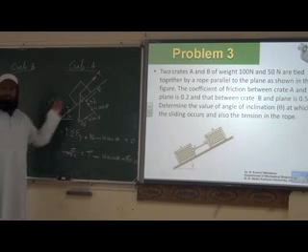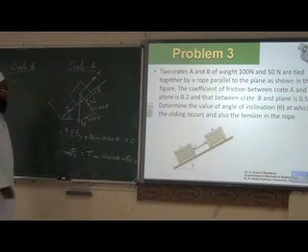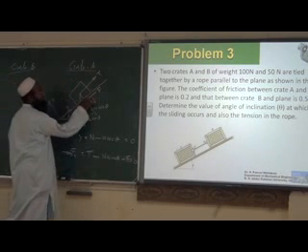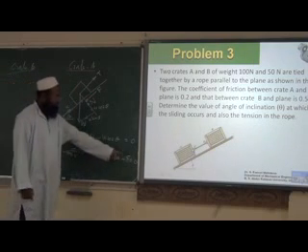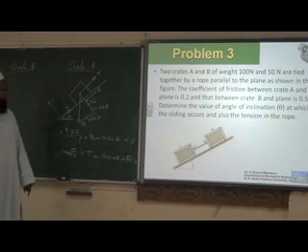So the block will move down, friction will move up actually. I have drawn like this, so I take it as such. So T minus